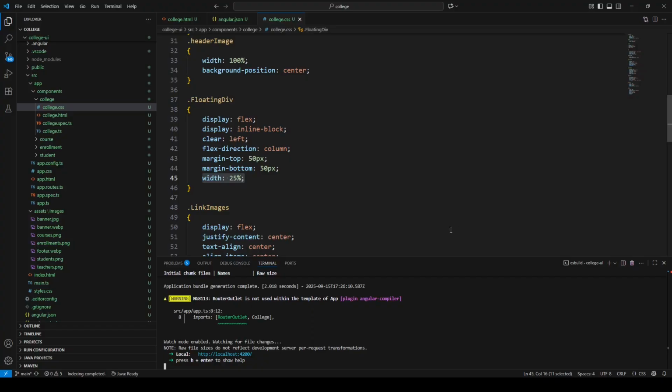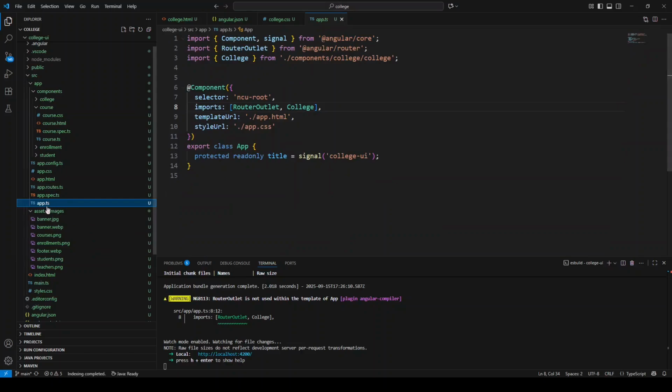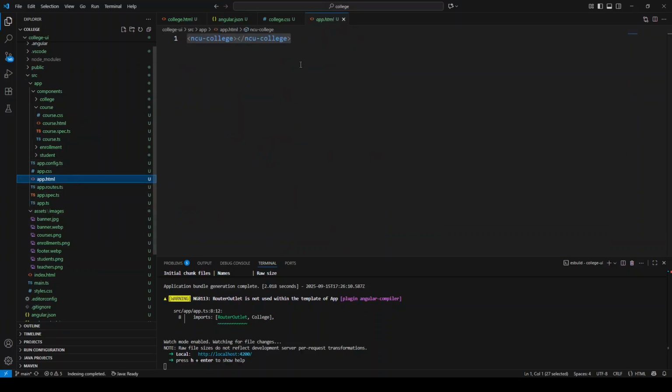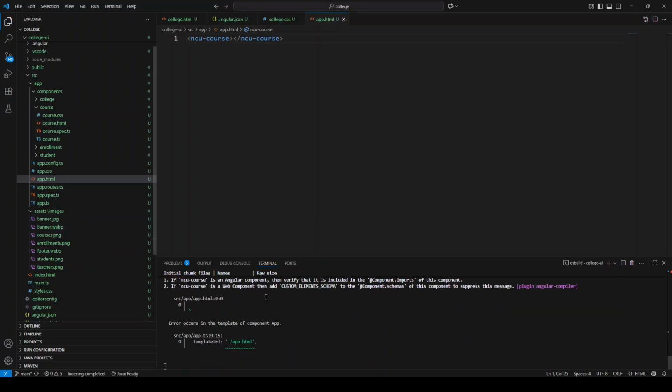Let's go back. So our college module is working. Let's move on to the course module. So to test it, I am actually going to go here and change it to course, because now I want my main page to be course so that I can look and see how my course is looking. I will save it. This is not going to work. Why? Because I need to import my